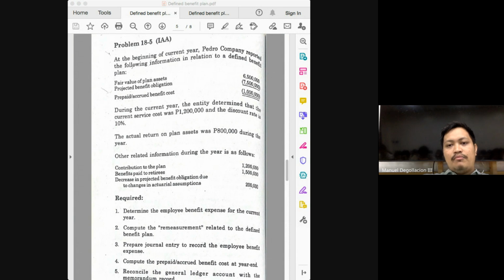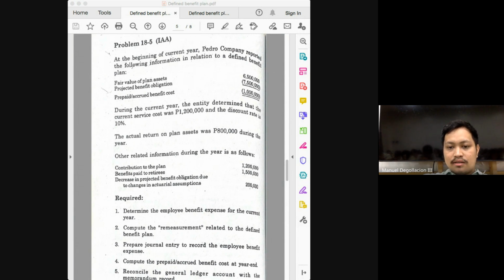Okay, 7 million 500 plus, what was the first thing to be added? Your service cost. Current service cost is 1 million 200, and we do not have any past service cost. Am I correct, class? Next, add interest expense on your PBO. How much was your PBO? 7 million 500 times 10%. The interest expense would be 750. Next,